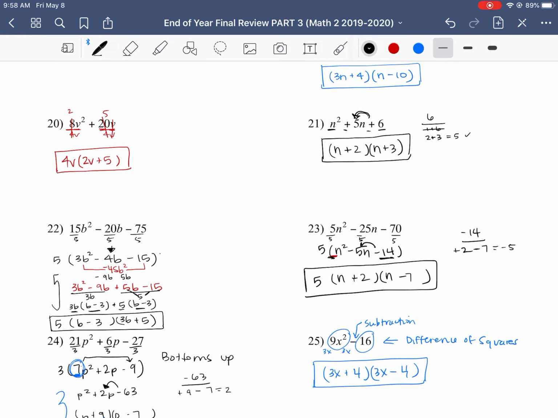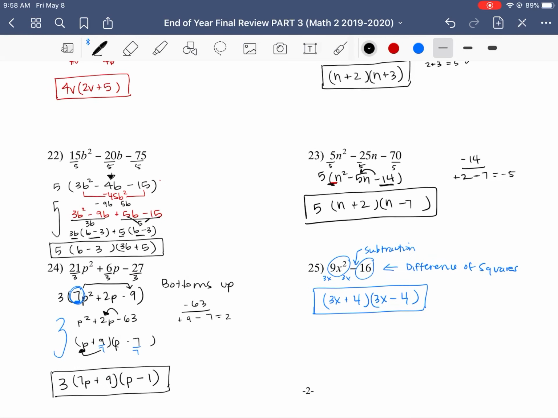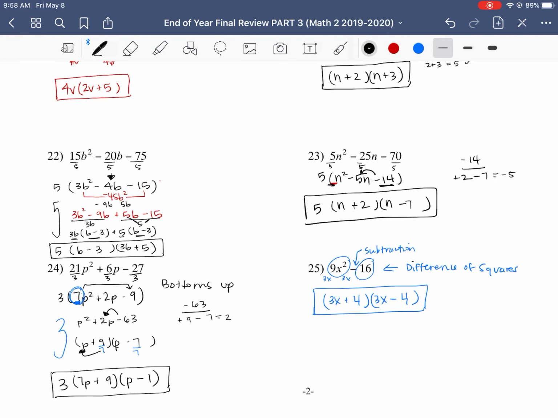Now again, you'll get the same result if you use the bottoms up method. Just use whichever one is most comfortable for you. Okay, that's factoring. You are going to see some of